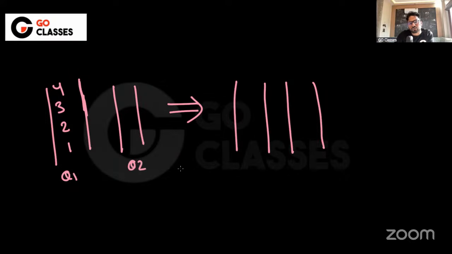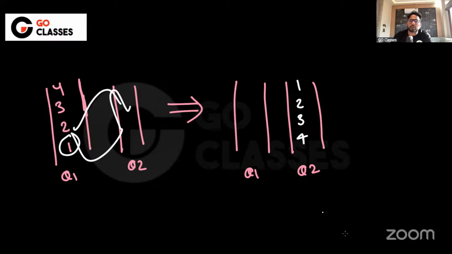This is Q1, this is Q2. This one you want to transfer here, but they are saying you have to transfer in the reverse order, which means ultimately you want this. First of all, is this possible to do? Let's just check. See, you can move 1 from here to here, and then 2 from here to here, but it will be 1 2. I mean, it will not be 2 1. So if that is the case, then what is the minimum number of NQ operations that you should be doing to Q1? First of all, tell me, is this possible to do like this? Ultimately it should be in the reverse order. That's what they are saying.